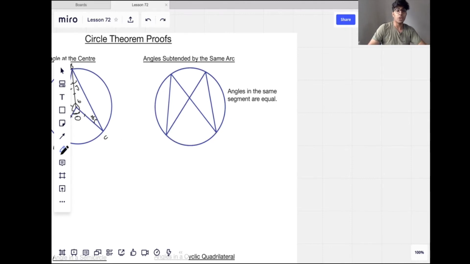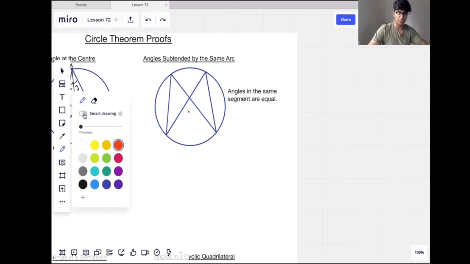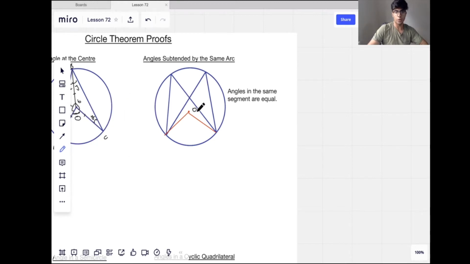So again, here what we have to do is draw something in. This time around we draw in, say, a center. If we draw in a center, say like this, let me turn this smart drawing business back on. It's not too smart, but it works out most of the time. Okay, and we have that. So drawing it here, this is the center O, which we like to label that. Okay, see, it decides not to draw an O. So if we call this center O, and call this angle 2x,